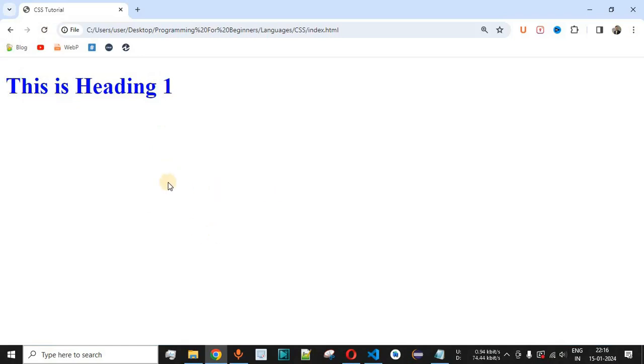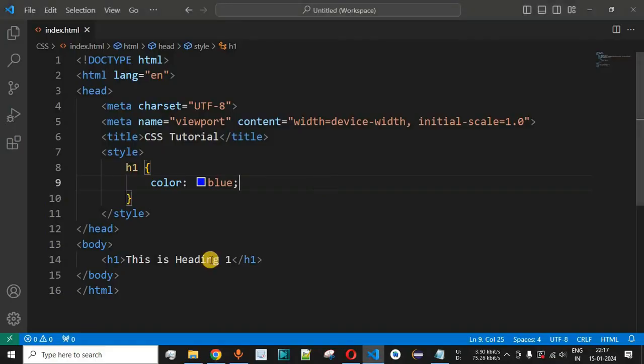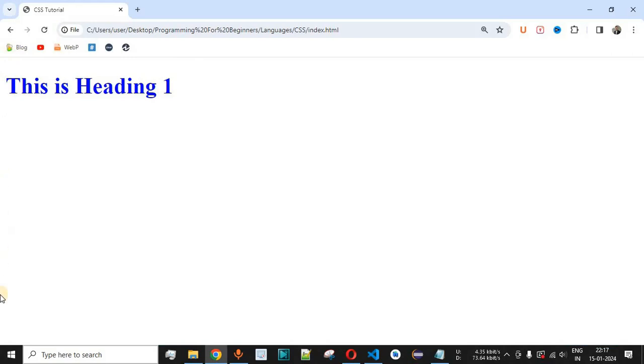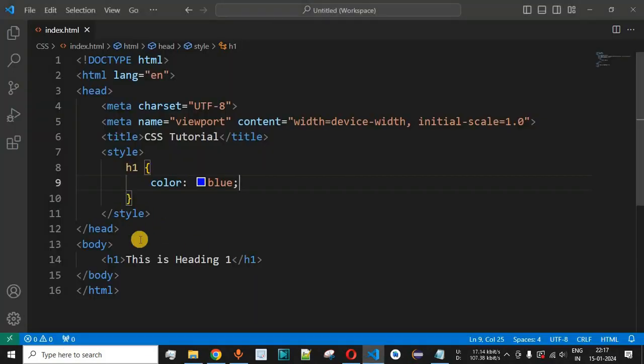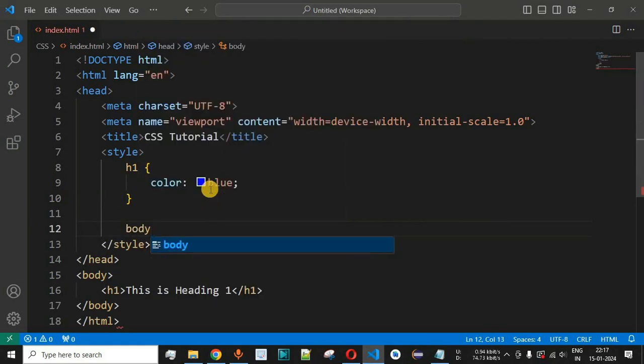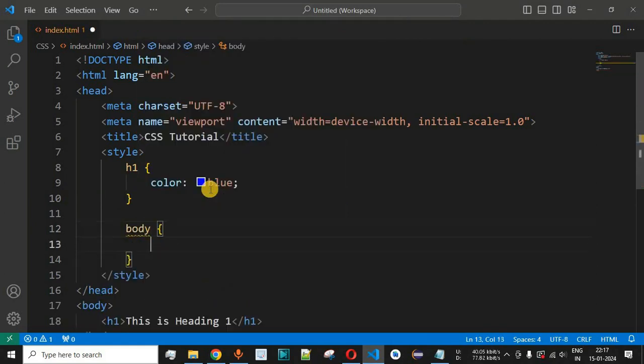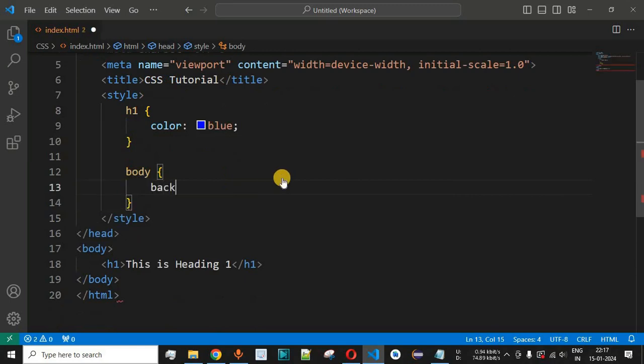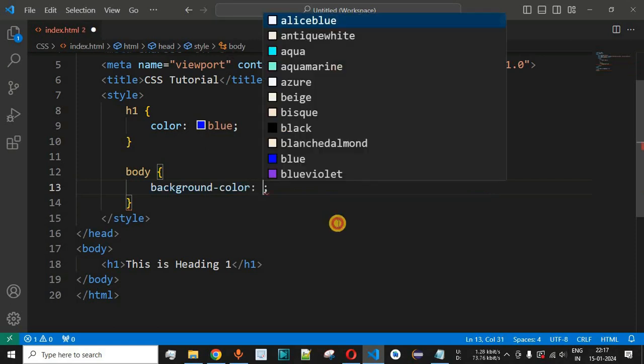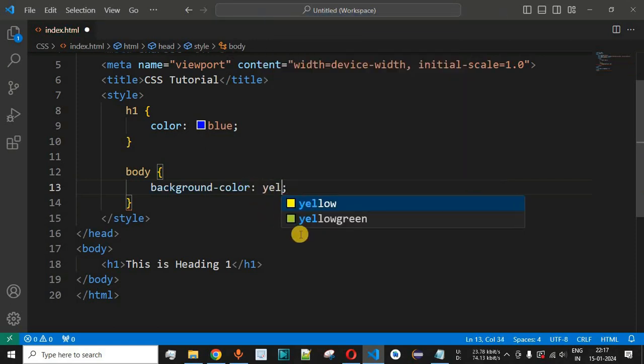Guys, apart from this, let us say if we want to change the background color of this entire page, then we can do so by applying the background color property to the body tag. So guys, basically this entire section, that is the white color on the web page, is the body section over here, inside which we have the different HTML elements. So let us say we provide the body tag over here inside the style tag, and then after this we have open and close curly braces, and then we apply something called background color over here. So we have background hyphen color in this case, and then followed by colon, and then let's say we have the color that is yellow to be applied to the background.